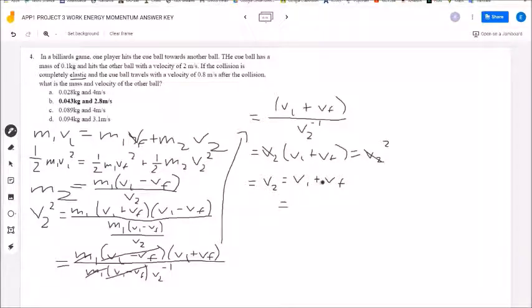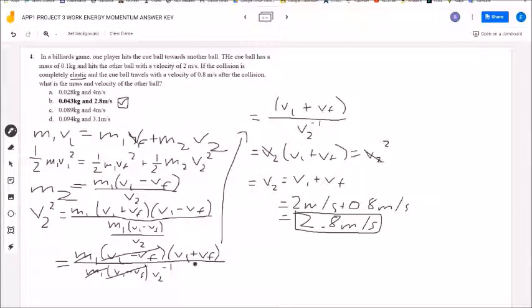Which, since we have vi and vf, is equal to 2 meters per second plus 0.8 meters per second, yielding 2.8 meters per second. Now this is only the first part of the problem, but since there's only one answer choice where 2.8 meters per second is the velocity, we can assume for now that the correct answer is choice B, but just to make sure,